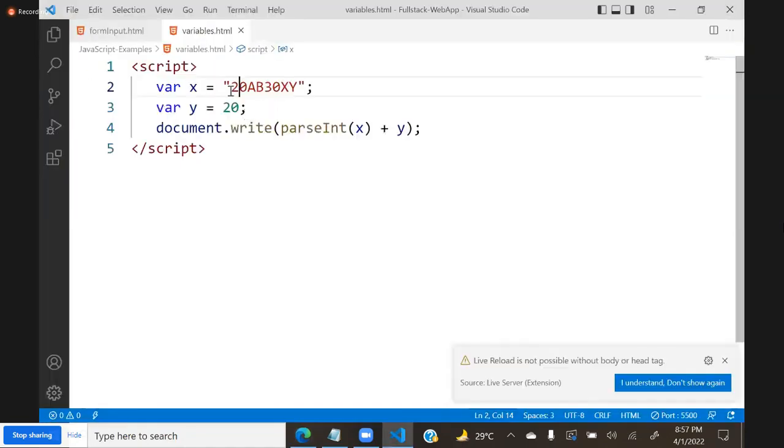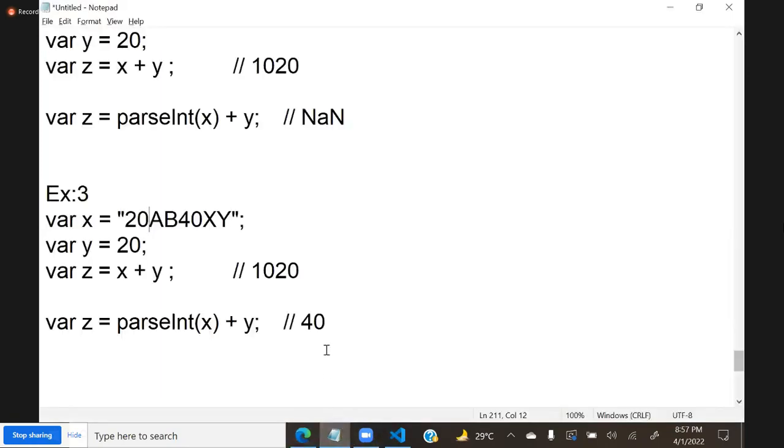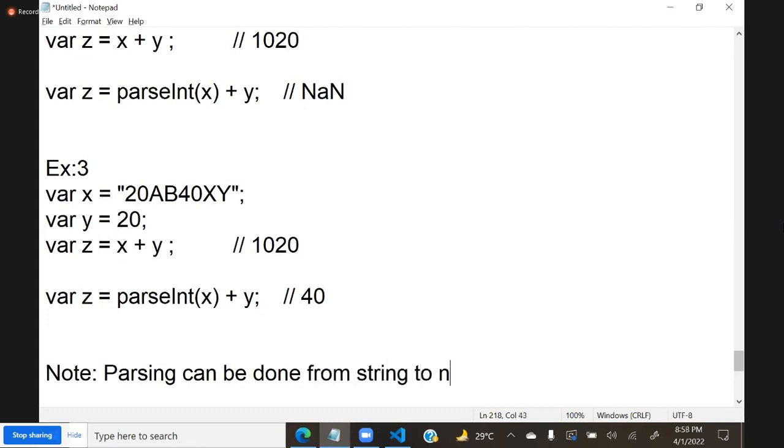But very important, if I start with an alphabet, then it cannot. That means it will be considered an error, and you can see it says not a number. So what is the key point here? Note that parsing can be done from a string to a number,